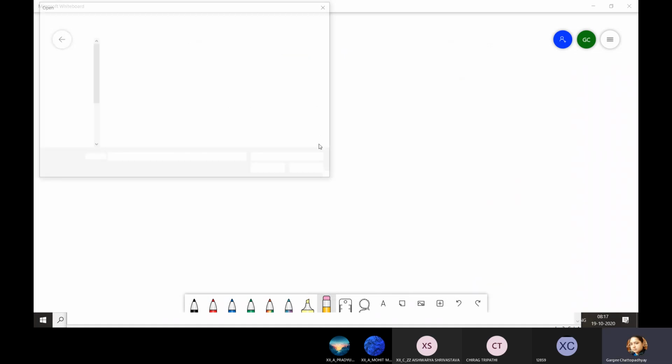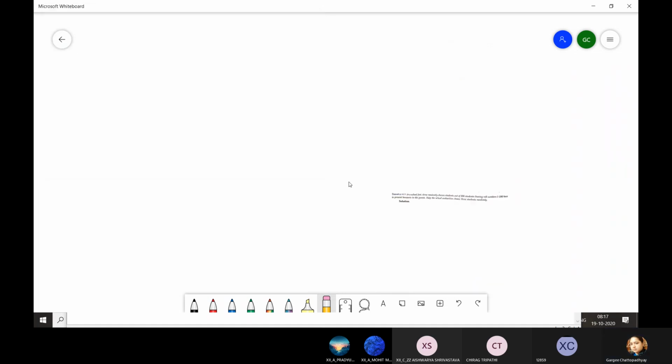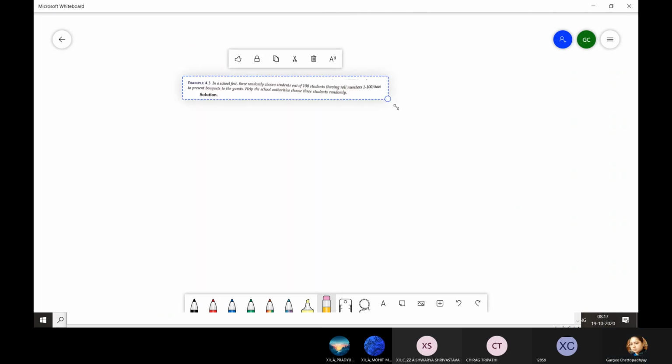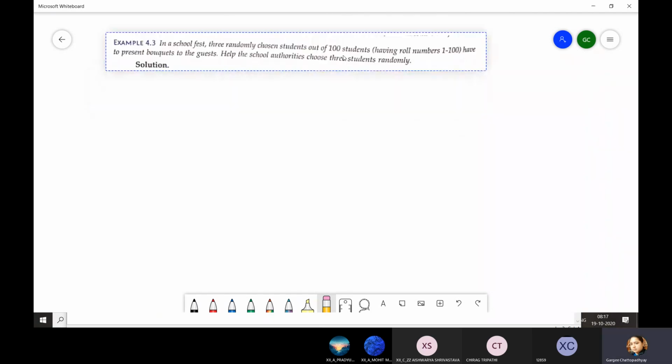Next question. Next question is a programming question. In a school fest, 3 randomly chosen students out of 100 students having roll numbers between 1 and 100 have to present bouquets to the guests.